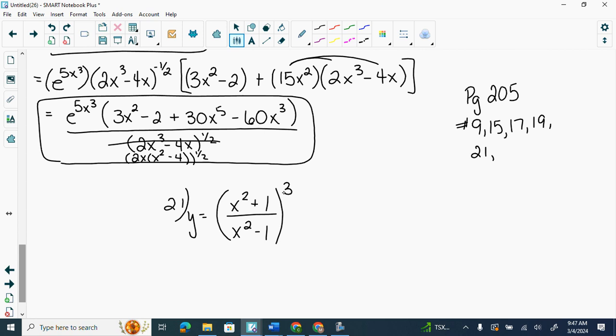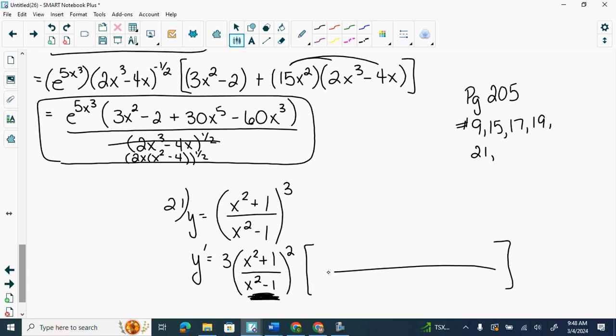You have to do chain first. So you're going to go y prime equals 3, rewrite it, to the 2. And then I have to do the derivative of the inside. What does the derivative of the inside use? Quotient rule. So you'll have a quotient rule behind it. Okay, page. I'm giving you the page, it's from the blue textbook. It's g squared, which is